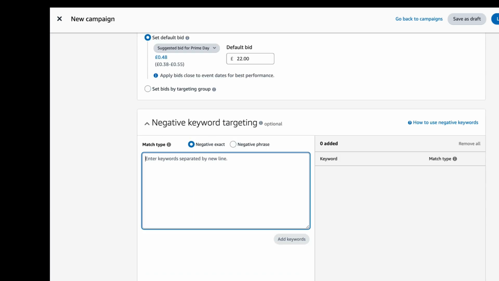and then I could always increase it as time goes on. What you can do is you can add negative keywords. So these are keywords that you definitely don't want Amazon to be targeting. For example, if your book is specifically targeting girls, you might want to put in some boy related keywords here. But what you can do is just optimize your auto campaign later on. So you can go into the back end once the ad's been running for a while and see what search terms Amazon is using,